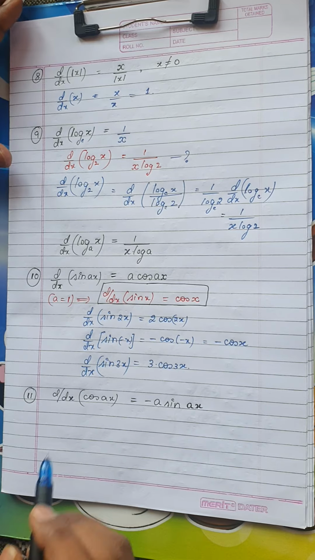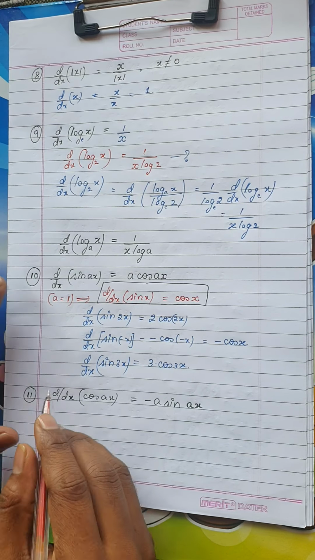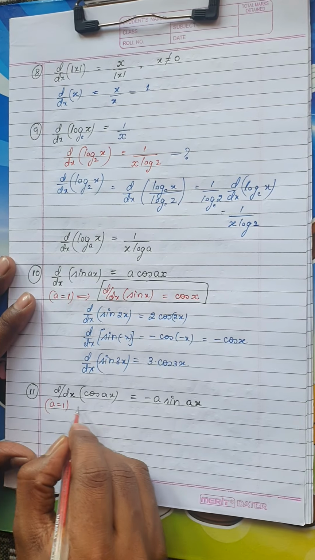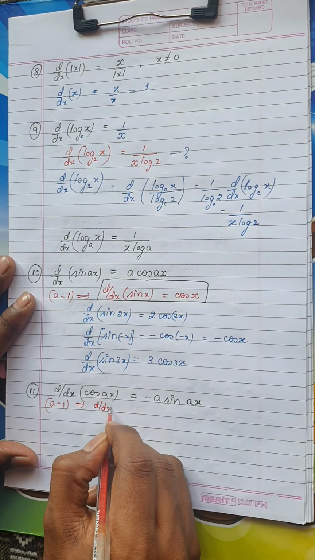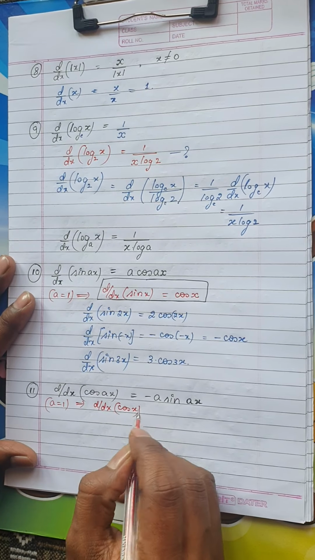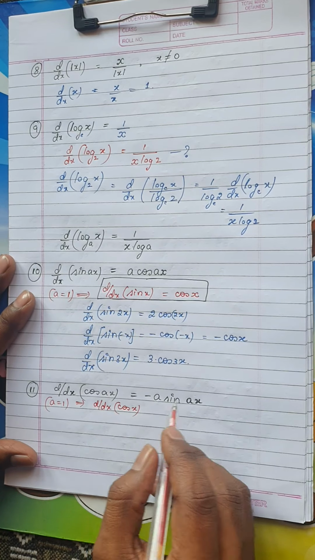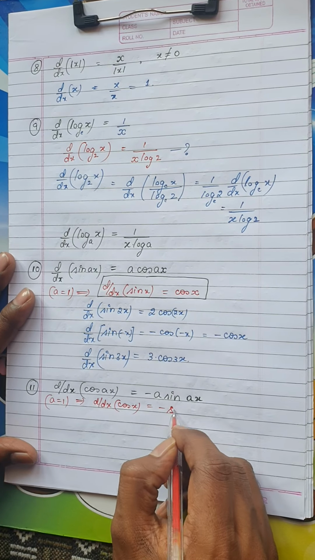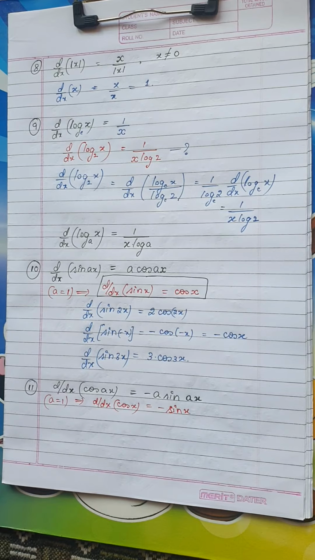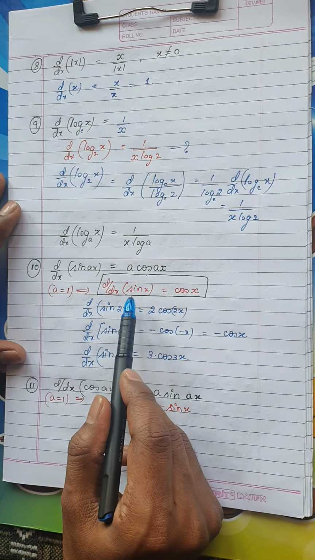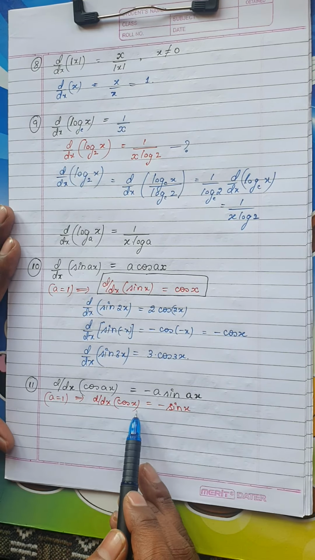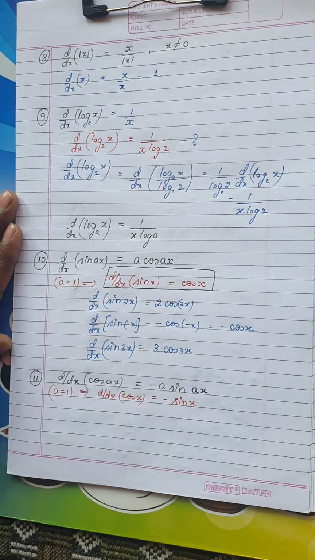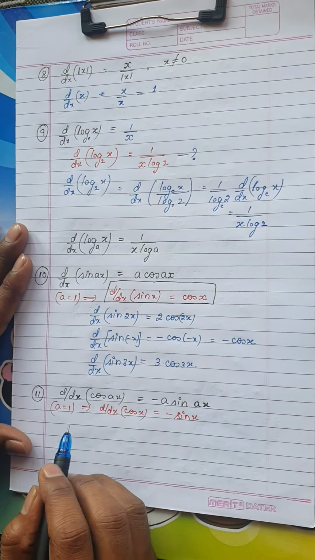Next formula is the derivative of cos ax. As we have seen in first PUC, the derivative of cos is minus sine. If you just put a is equal to 1, we get d by dx of cos x, because a into x is just x, and this is nothing but minus sine x. This is again the basic formula. Remember, the derivative of sine is cos, but the derivative of cos is minus sine. We don't need the proofs of this because we have studied them in continuity and differentiability in first PUC.